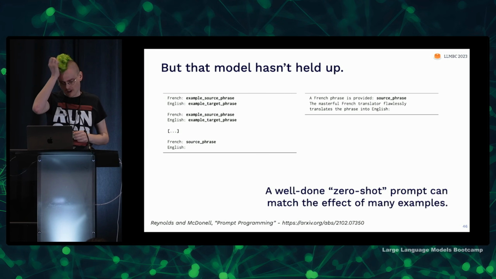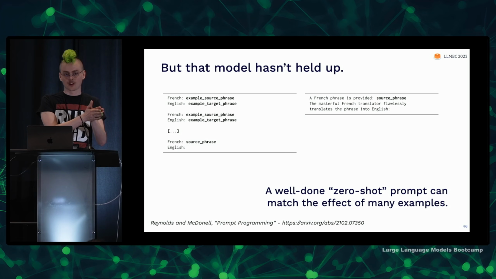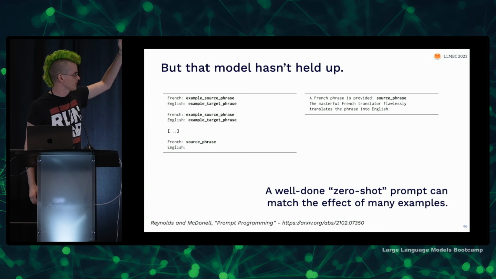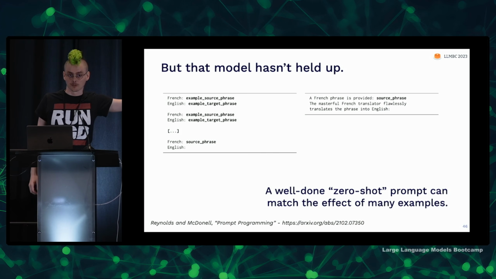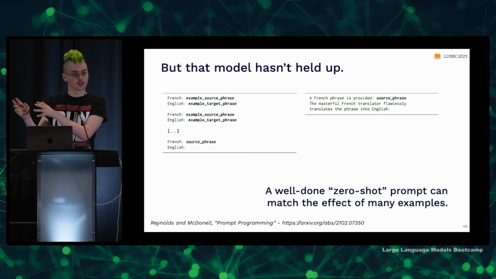And that model hasn't really held up. If you craft the content of your prompt carefully, you can often get very, very good performance, matching the effect of having many, many examples in the context, just by making sure that the model knows exactly what task it's supposed to solve. So the primary role here is not for the model to learn a new task on the fly, but for the model to be told what the task is. So rather than doing an example like on the left, this French example, English example, French example, English example, and then ending with an uncompleted one, you can just bake it so that the model knows that what it's supposed to do is provide the right French answer.